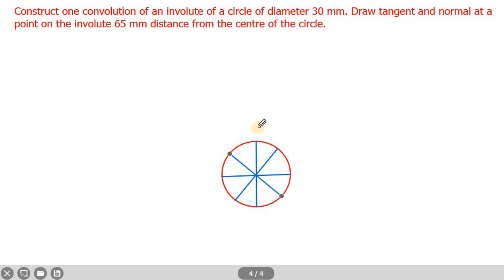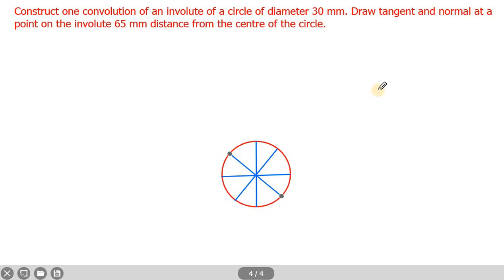First divide the circle into 2 equal halves vertically, then horizontally. Then you can draw an inclined line at 45 degrees to this line so as to divide each portion into 2 parts. Like this you can divide the total circle into 8 equal parts. Then let us mark these points as 1, 2, 3, 4, 5 like that. Since we are winding the thread from here to here, this is the starting point, the knot point.